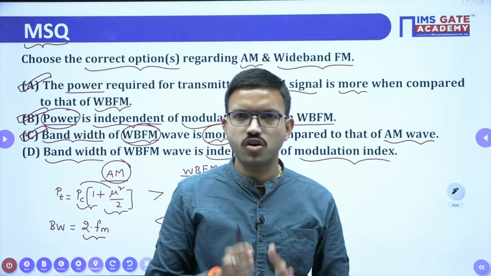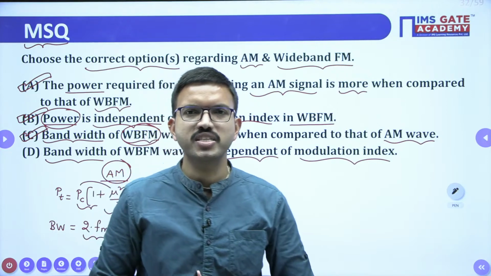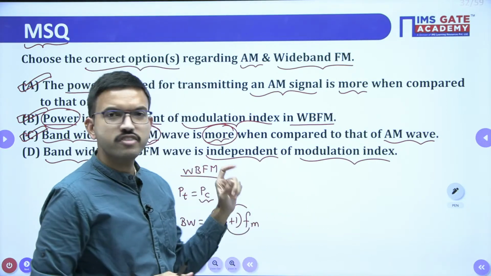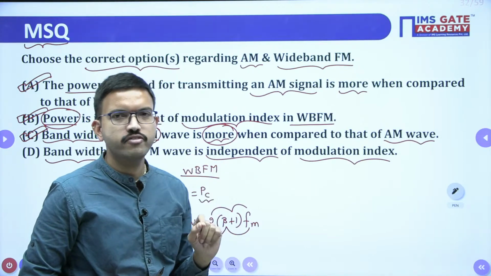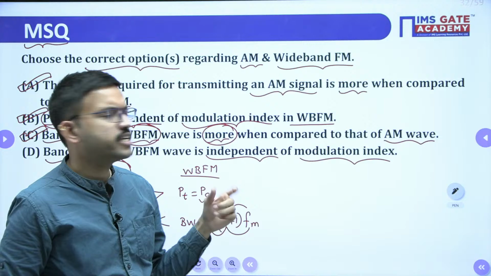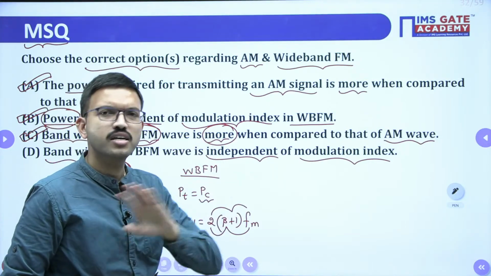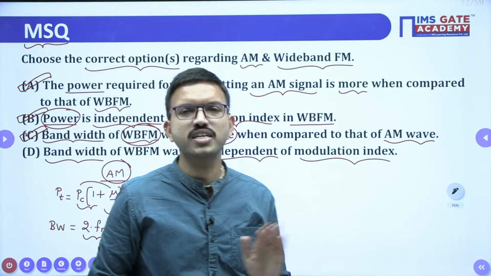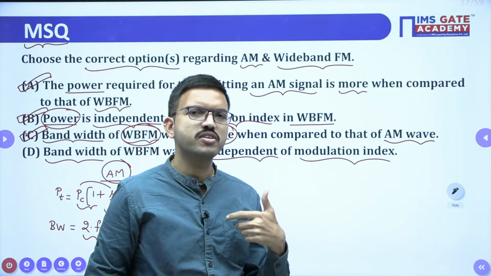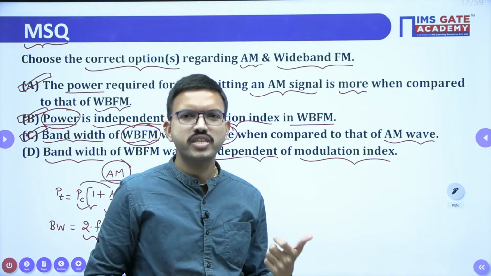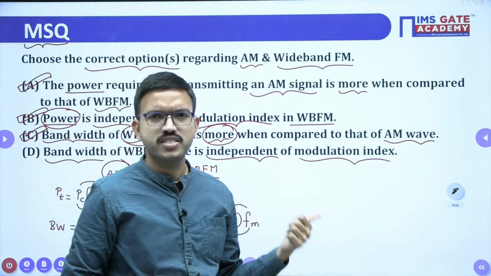If your answer is wrong, for 1 mark, 1/3 negative marking will be there. For a 2 mark question, 2/3 negative marking will be there. So please pay attention whenever you are attempting the MCQ. Only if you are 100% confident can you attempt that question. If you are having 50-50, whether this option can be correct or that option can be correct, don't do any trials regarding MCQ, because whatever marks you are supposed to get, you may lose those marks and later you may feel regret. So why regret later? Better to attempt the questions you are 100% confident about.